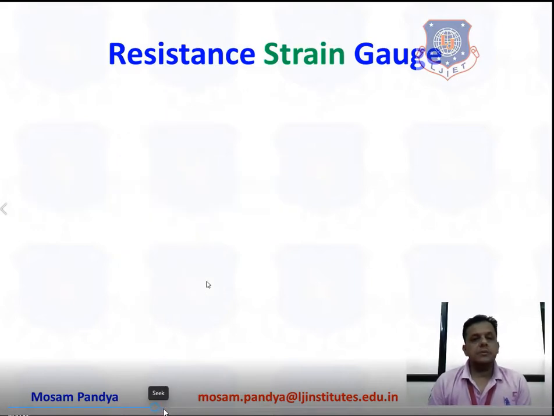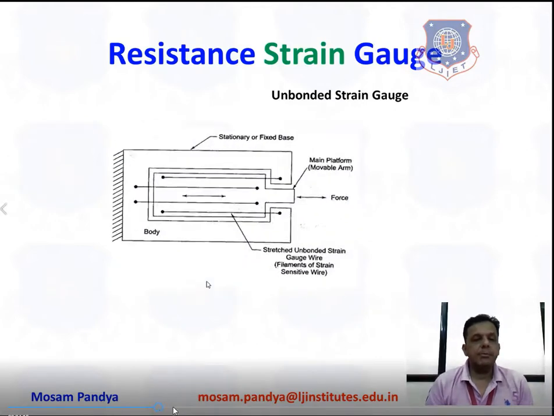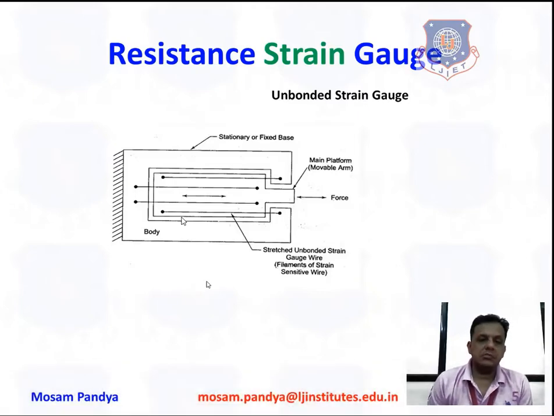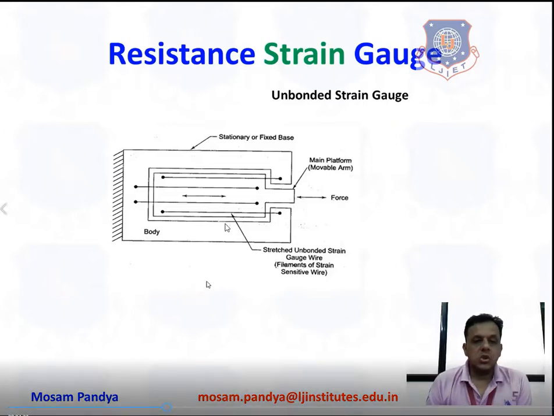Now the next is unbonded type of strain gauge. Unbonded means the metal strip or conductor is not fixed. Here you see there are 1, 2, 3 and 4 metal strip or thin wire conductors you can assume here, which can be stretched. So every conductor has one point connected on the movable arm and another point is connected into fixed structure. So what will happen here, this is force applied to this moving arm, which is sometimes known as armature as well if you read from some books.